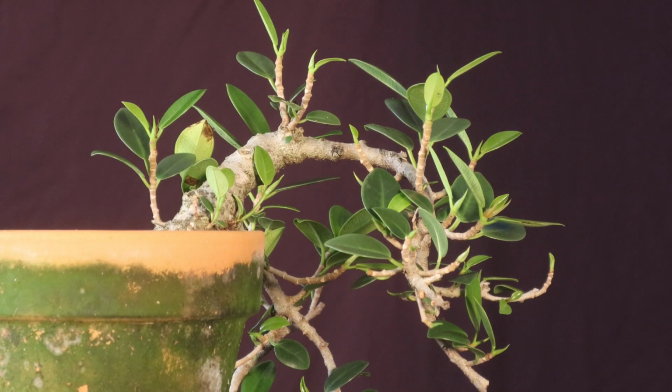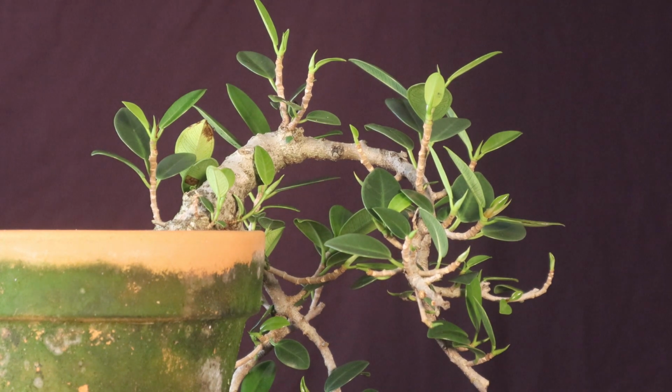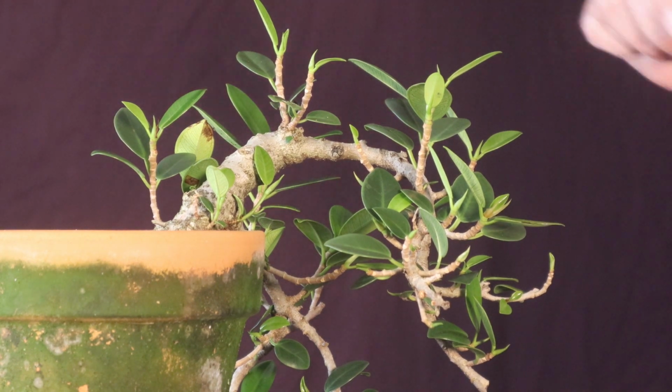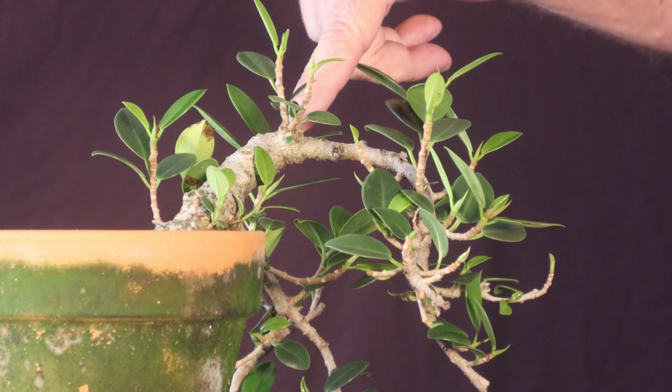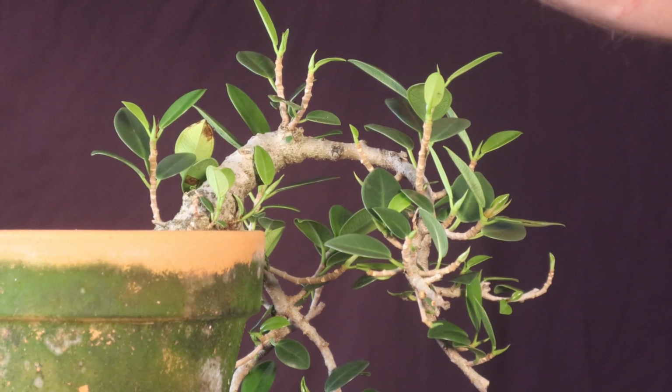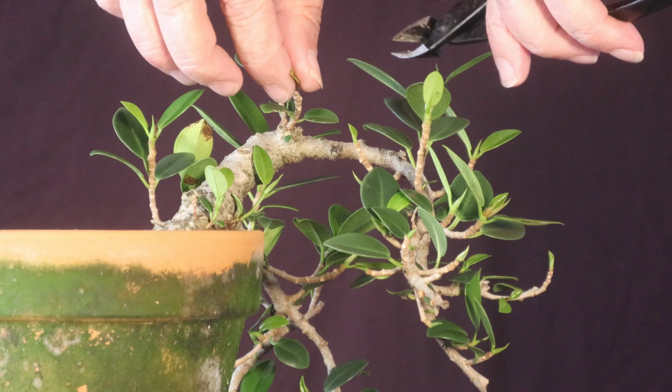Alright, I've been trying to get a decent background. Can't really use the pot here because of the algae that's on the pot. But I'm going to start with this branch here. I am going to try to keep this a semi-cascade, which I guess is leaving it with an apex. Sometimes I get a little confused as to what everything means, but...